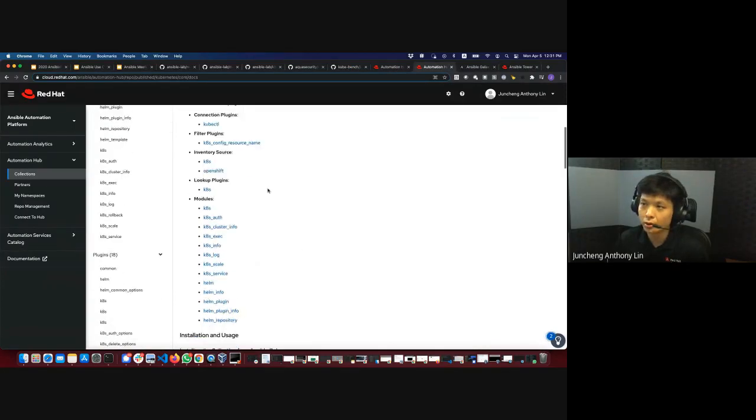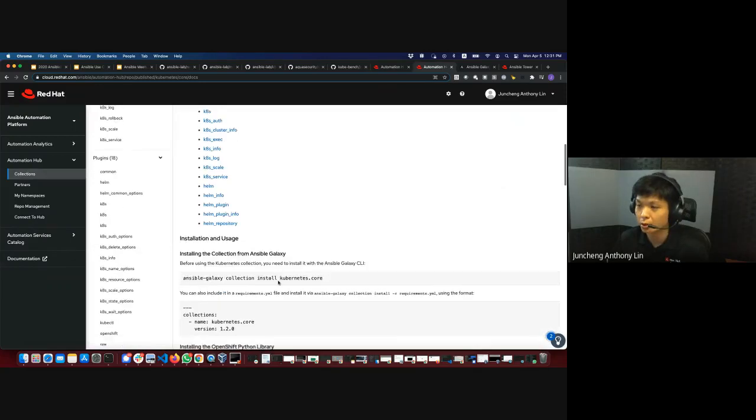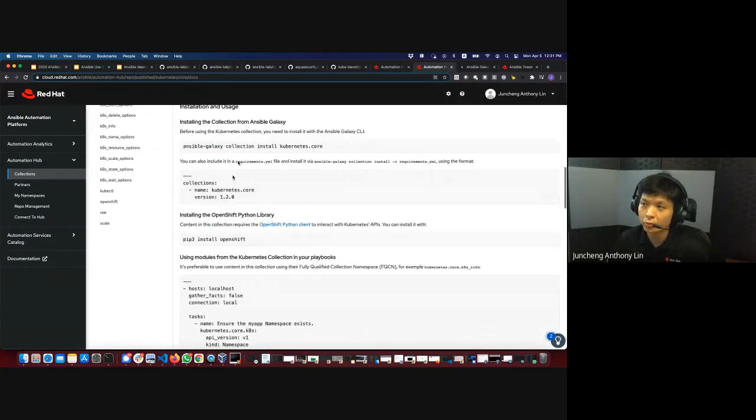You have a lot of different things inside here, like the K8s, the auth. These are things that you will do, the Helm, the Helm charts and whatnot that can be done, and it shows you information on how you can basically use this.